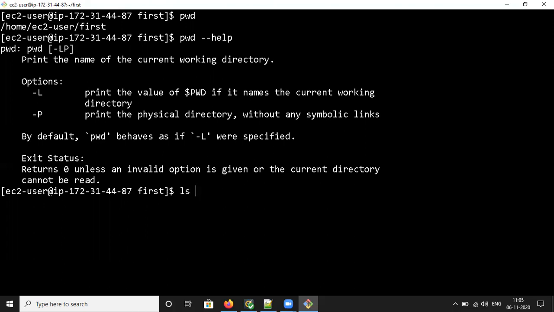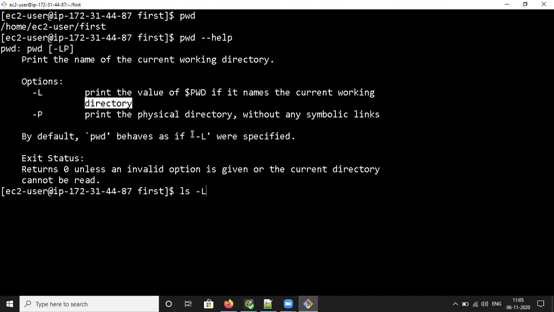I'm using pwd hyphen L. What will it do? It prints the value of the names in the current working directory, the symbolic links.